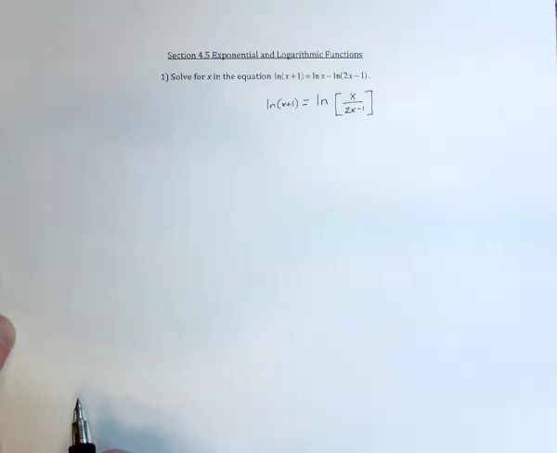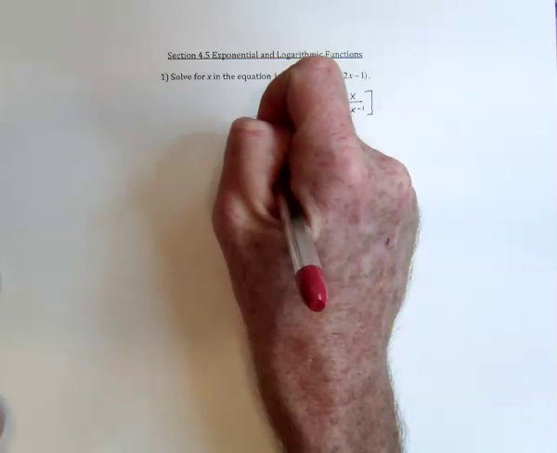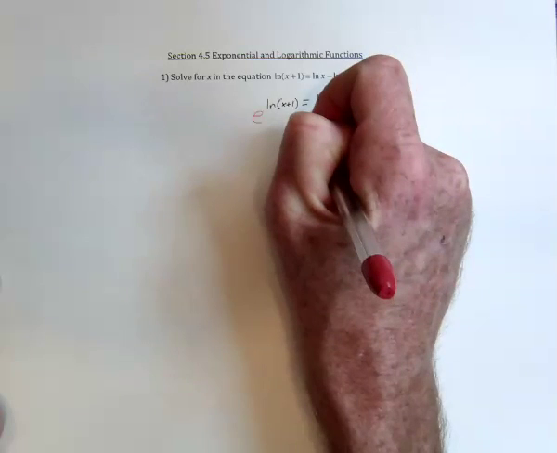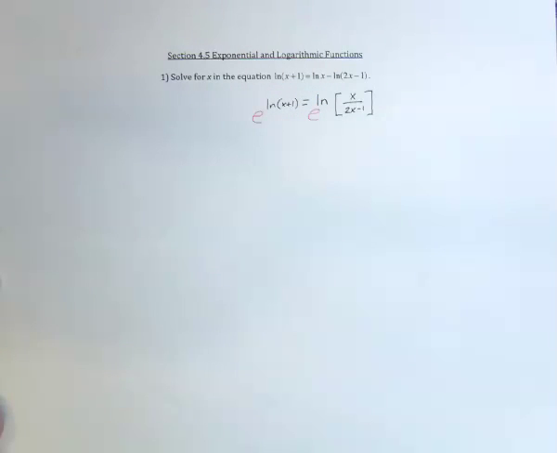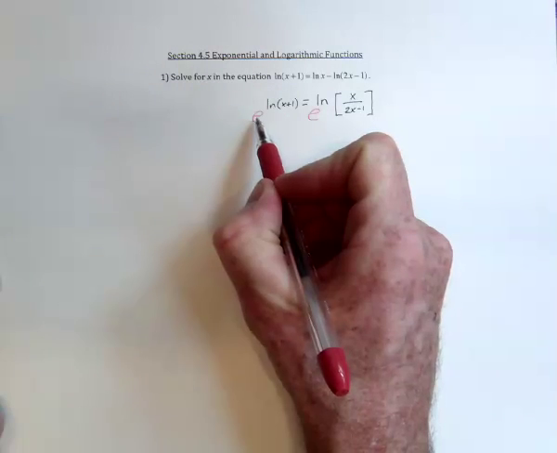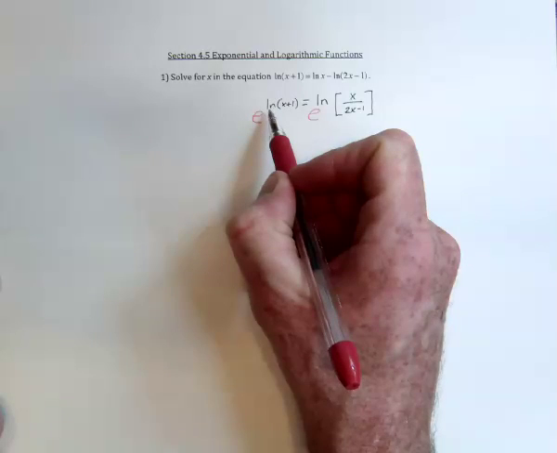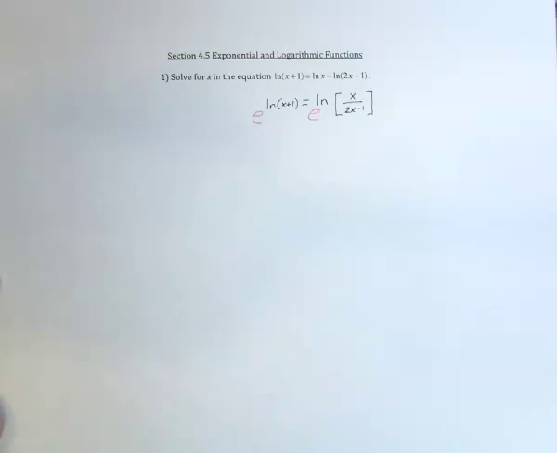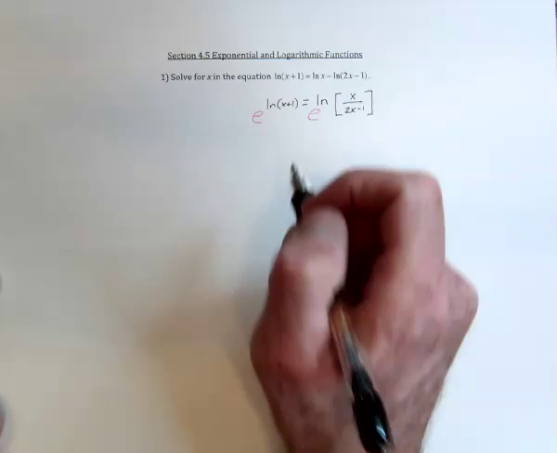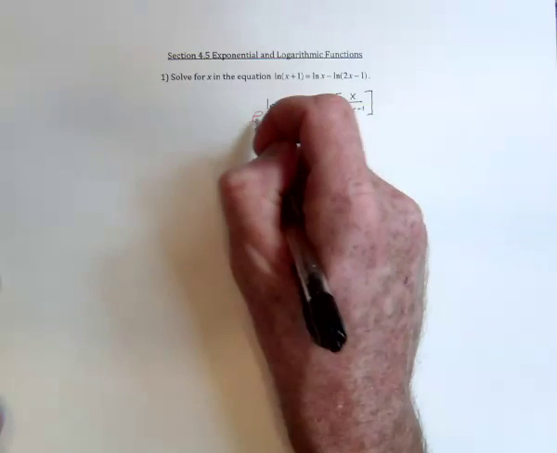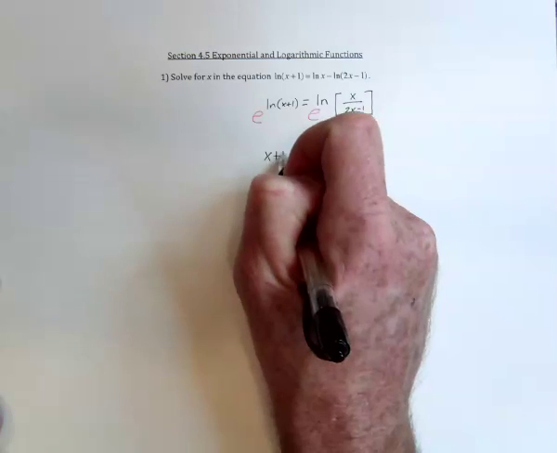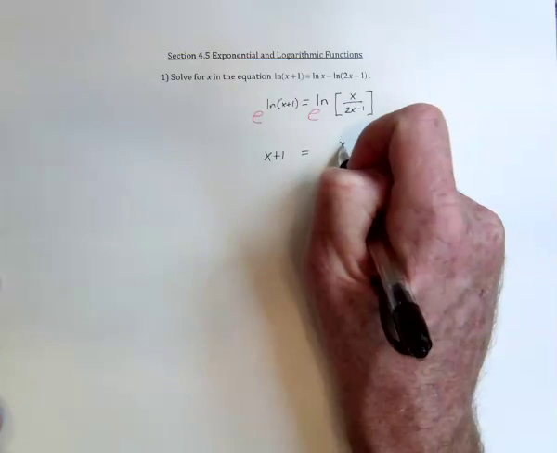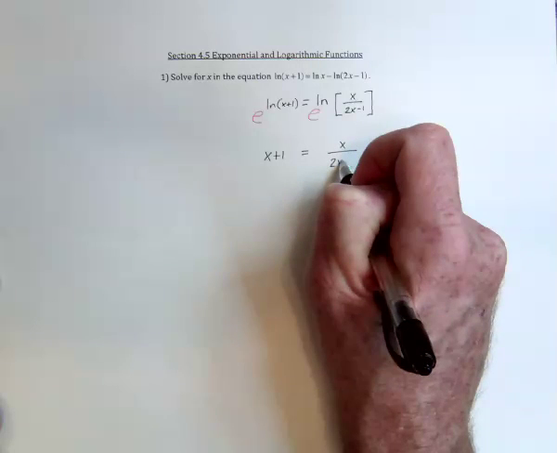Recopy the left-hand side. And now in order to eliminate the natural log, which has a base of e, we can use e as a base and these natural logs as the exponent. And by doing that, the e and the natural log are going to cancel each other out since they're inverses of each other. Now we're down to an algebra problem. Once these cancel, we've got just an x plus 1 on the left-hand side and x over 2x minus 1